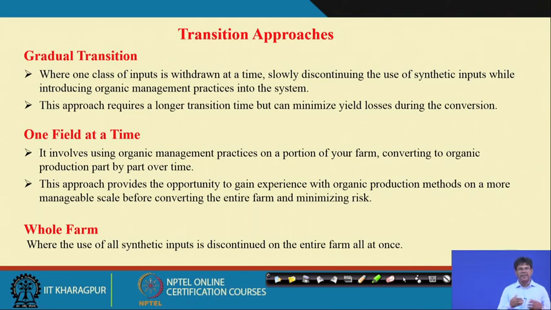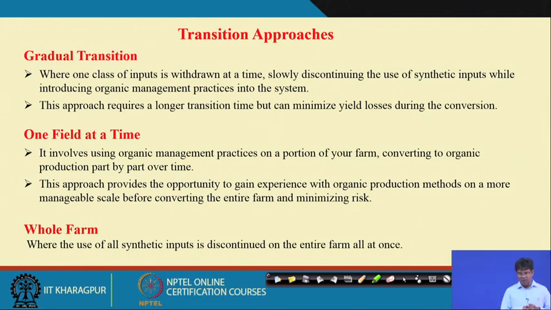And if you see the management practice in a farm, depending upon the farm area, you can either convert the whole farm to organic at a time, or go for part by part conversion. So we can go for one field at a time. It involves using organic management practices on a portion of your farm, converting to organic production part by part over time. So instead of converting the whole farm to organic, we can divide the farm into maybe 4 parts, depending upon the farm size,